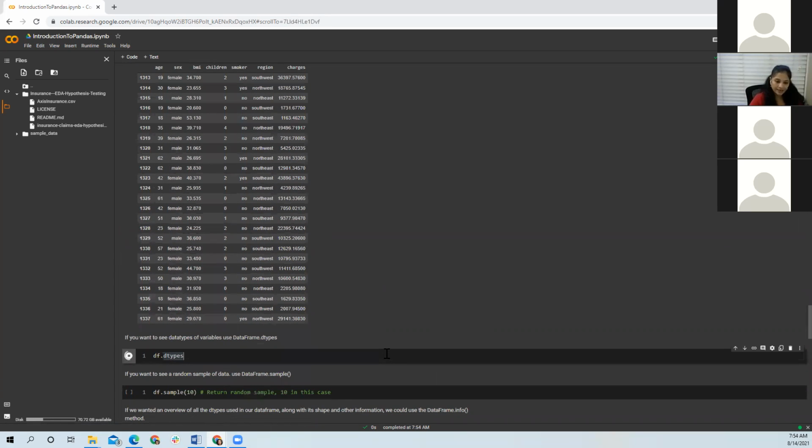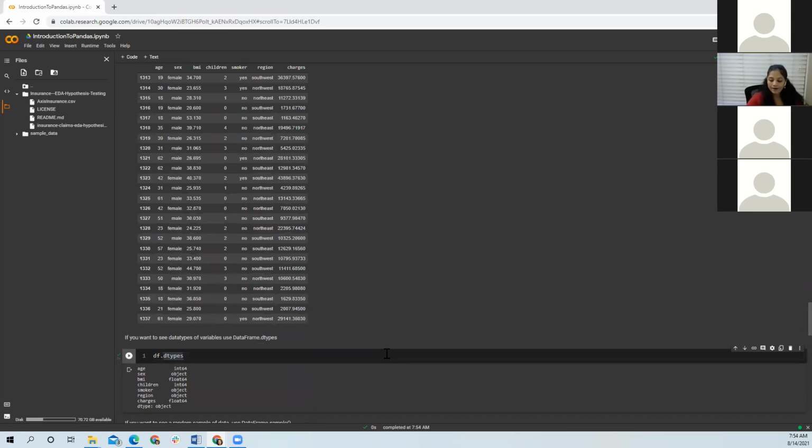Then you check for the data types. What all data types are there? Pandas is very smart. It comes up with these data types by reading the content of the CSV file. So age had all integer values, so the data type here is int64. Then sex is string values, but as I mentioned before, it will always be seen as object. Then BMI is float. Like here, if you see, it is 34.70, 23.65. So for BMI, the data type which Pandas selected is float.